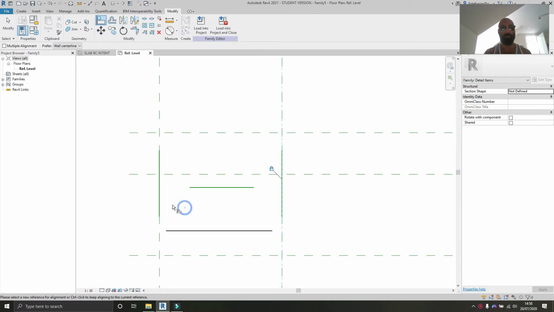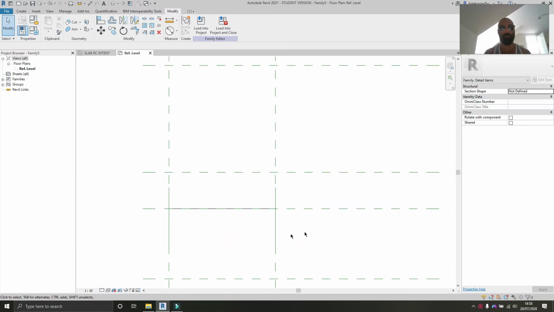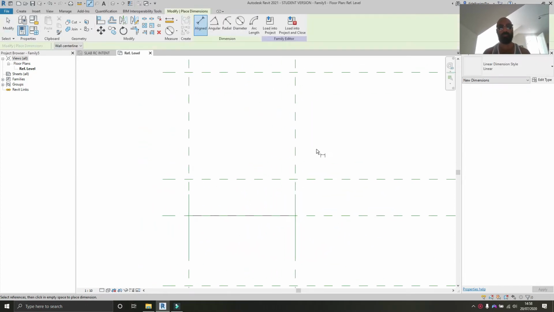And then I want to select multiple alignment, this reference plane to that line and lock, and that one to that one and lock, there, lock, there, lock. Now that reference plane to this reference line and lock, and then to this line and lock. Now type DI for dimension,